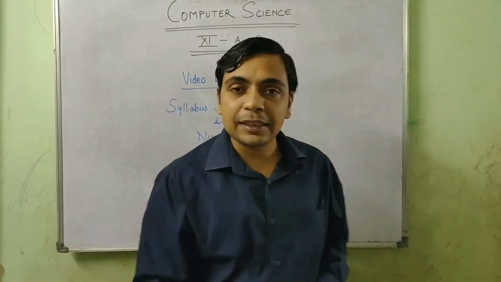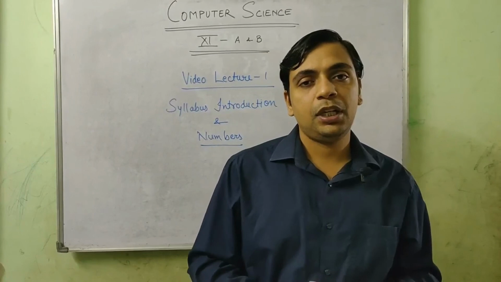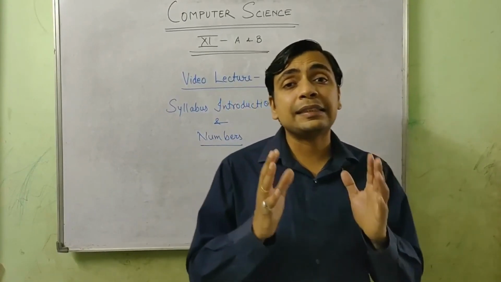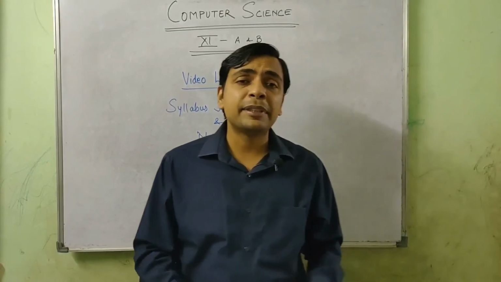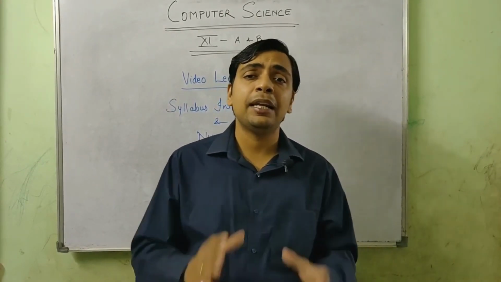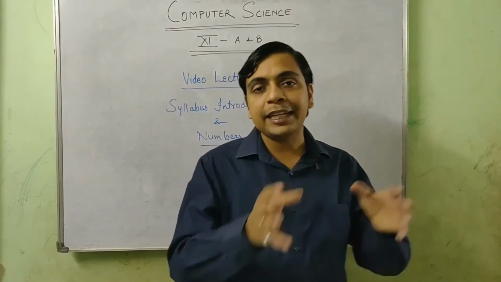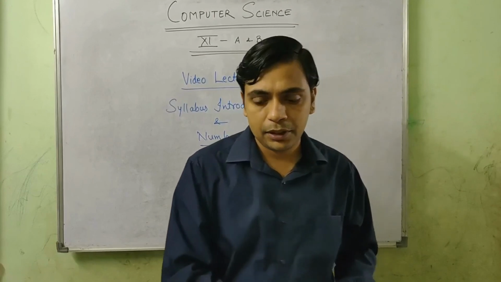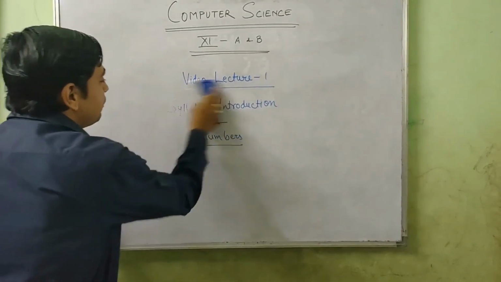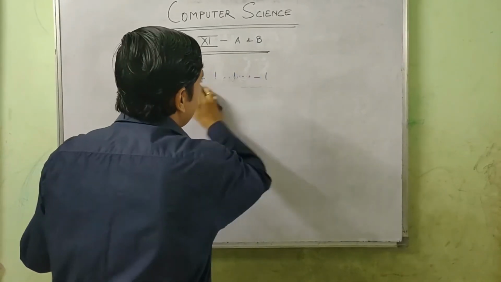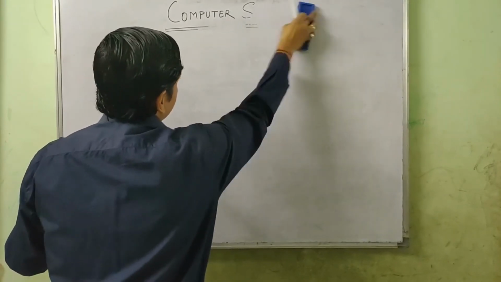And there is a number system in which not only digits but also some alphabets are used, with a total of 16 digits or symbols, and that number system is known as the hexadecimal number system. In this chapter on numbers, we are going to study each and every number system. So let's see a number system and how numbers are formed. The rest we will discuss in the next video lecture.